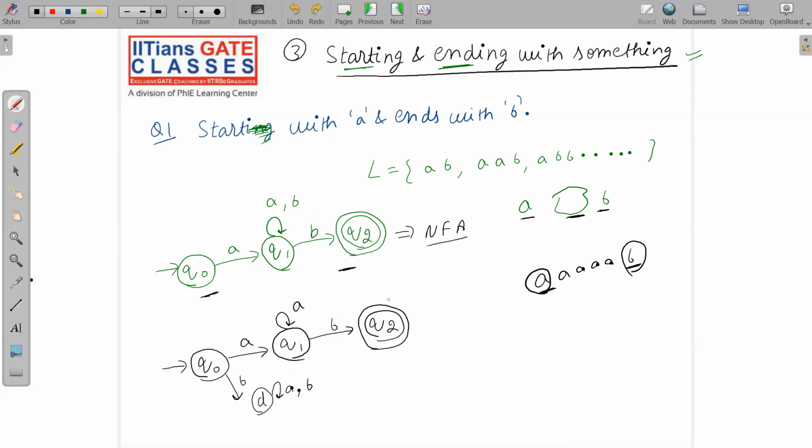On Q2, what about A and B of Q2? On Q2, whenever A comes, tell me where we should move. So when will we reach Q2? The smallest string is AB. After reading AB, we are at Q2 state. See this thing, after reading AB, we are at Q2. Now, whenever A comes,